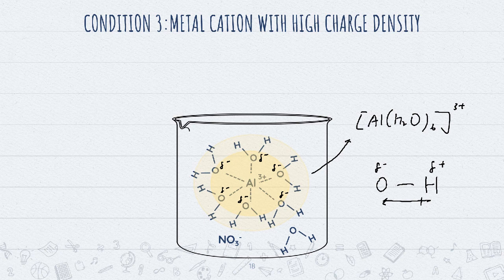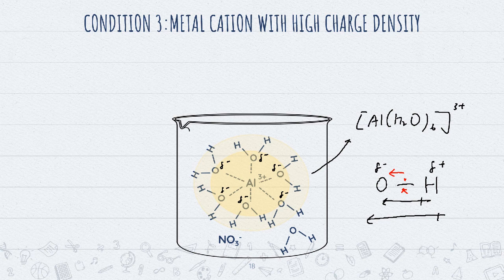But now, due to the additional factor of the Al3+ cation, which is able to polarize or distort the bond even further, you can think of the dipole moment becoming even larger, or the electrons inside the covalent bond being pulled towards the oxygen atom even further. And what are the consequences of this? This actually weakens the OH bond